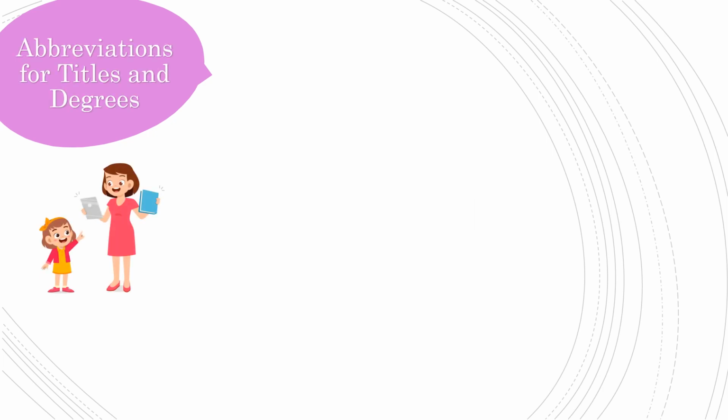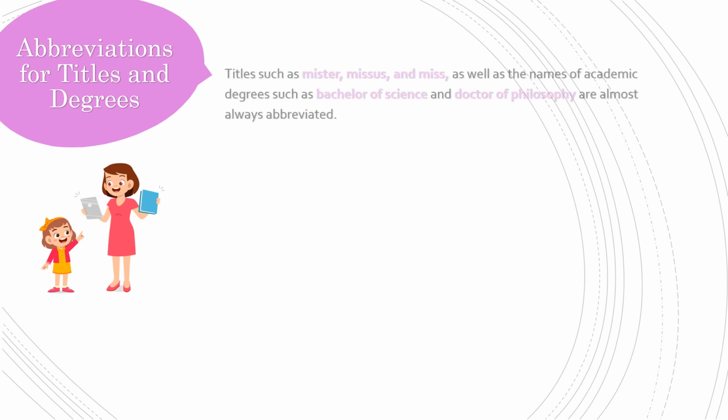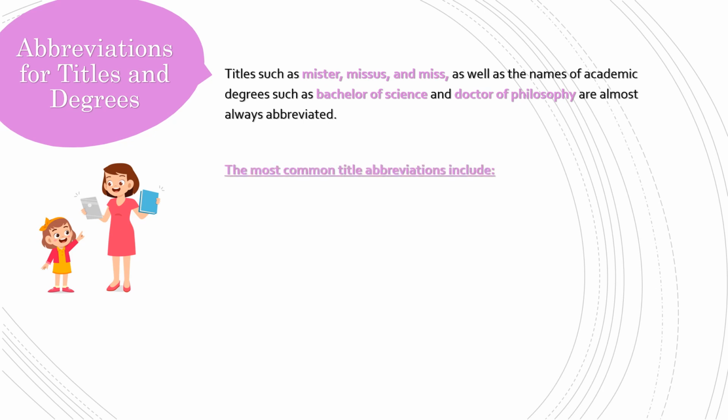Abbreviations for titles and degrees. Titles, such as Mr., Mrs., and Miss, as well as the names of academic degrees such as Bachelor of Science and Doctor of Philosophy, are almost always abbreviated. The most common title abbreviations include